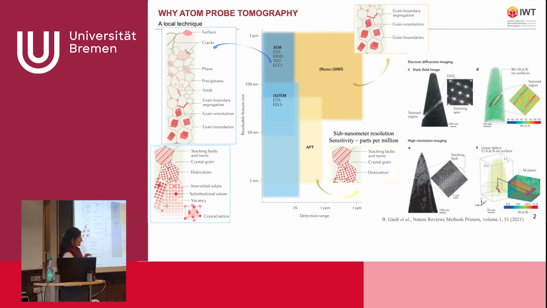So if we start with the basic information that we just have the chemical composition, we always need to complement atom probe tomography information with TEM data and TEM analysis. So there are more and more studies made on atom probe tomography samples, first in the TEM, and then we bring the same sample to the atom probe tomography to get this chemical information. Atom probe tomography is a destructive technique, so we still need to always start with the TEM analysis.